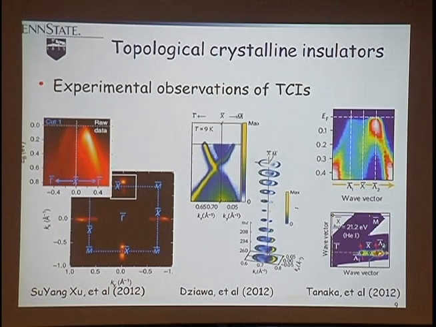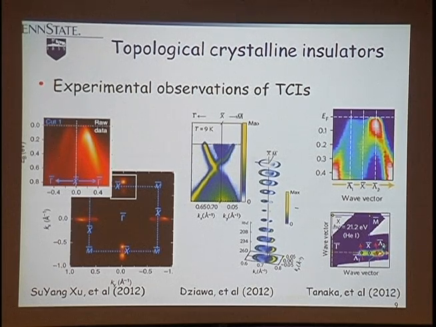And recently there are some experiments where people can even show that when you control the crystalline symmetry, like controlling one direction of mirror symmetry, you can gap some Dirac cones but preserve some other Dirac cones which are protected. Because for this crystal there are two mirror symmetries, so there are 4 Dirac cones which are protected by different mirror symmetries, and they can